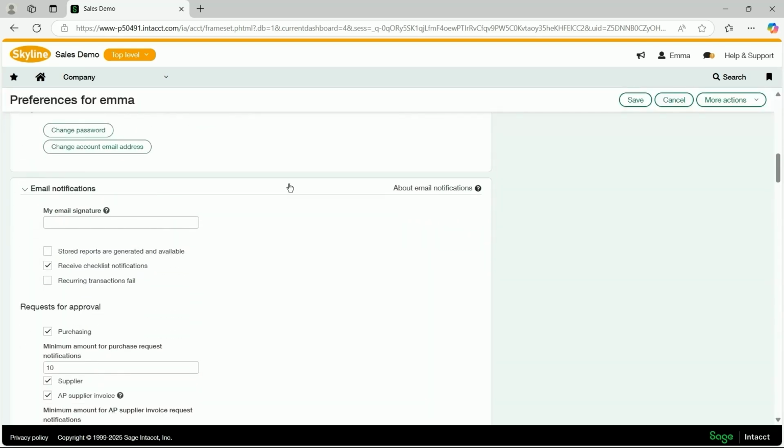Then we have the email notification section where you can add your email signature that will have your contact details and other information added to your emails that Intacct generates for you. You can receive emails when report has been processed outside of Intacct and is ready for your attention. You can select the stored reports are generated and available,